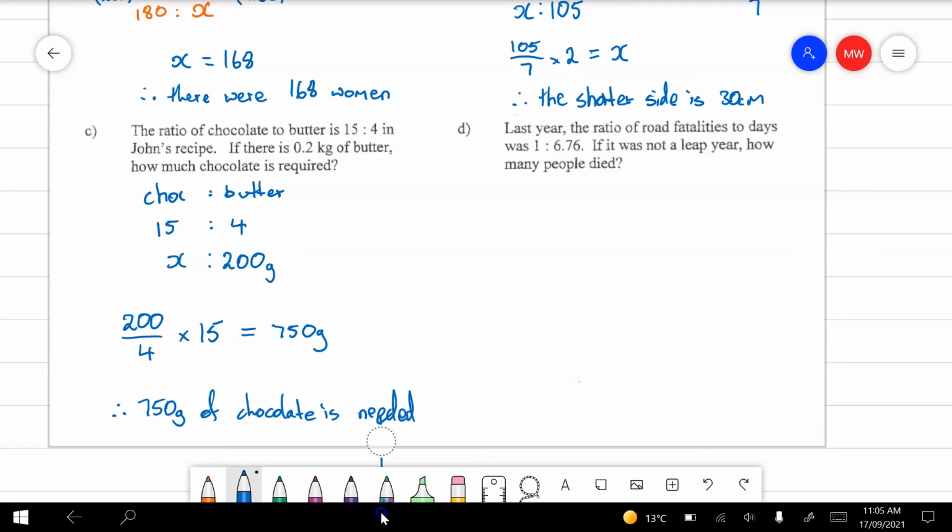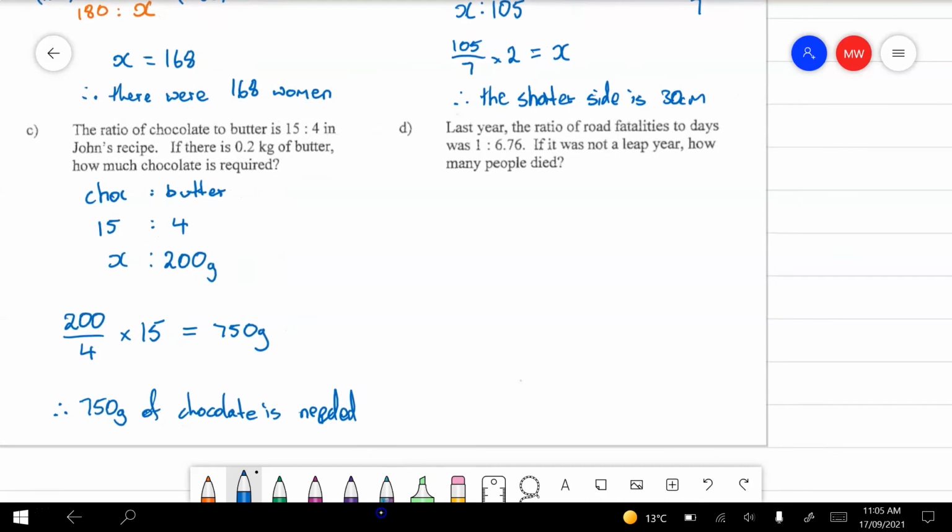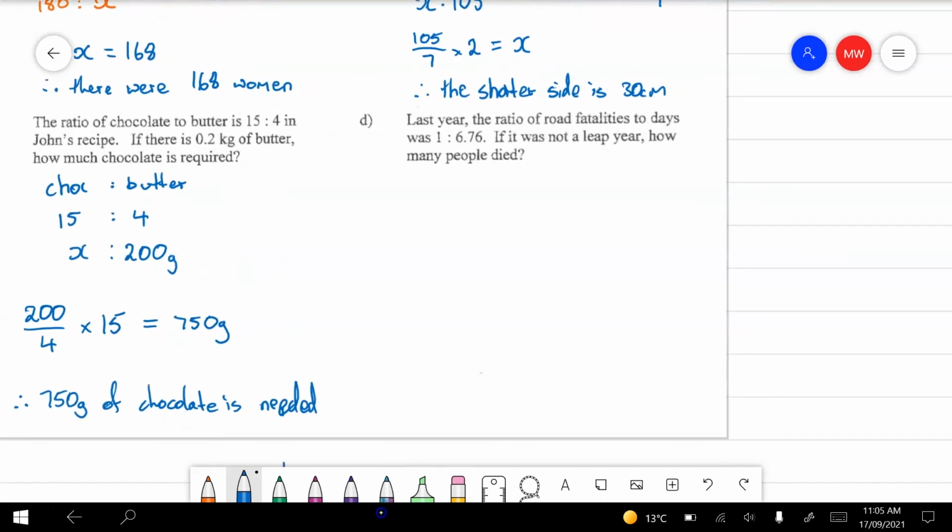Okay, last question in this page. Last year, the ratio of road fatalities to days was 1 to... That's not a very nice question. If it was not a leap year, how many people died? Okay, so we've got fatalities to days. It's a ratio of 1 to